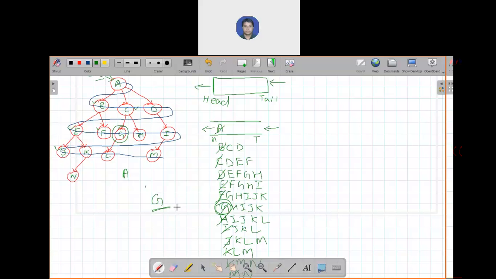Are you getting my point? Once again, when you remove an element, as you can see here, I first remove A, then B, then C, then D, E, F. In this way, I am removing elements from the queue. Always, when you remove an element, you check whether it is equal to the goal state. If it is not, you continue exploring the tree or graph. Then we check B: is it the goal state? No, so continue. C is not, D is not, E is not, F is not, G is the goal state, yes.